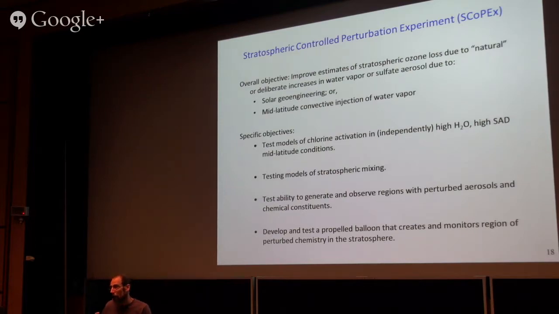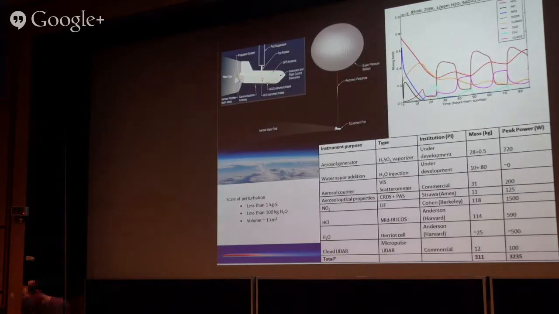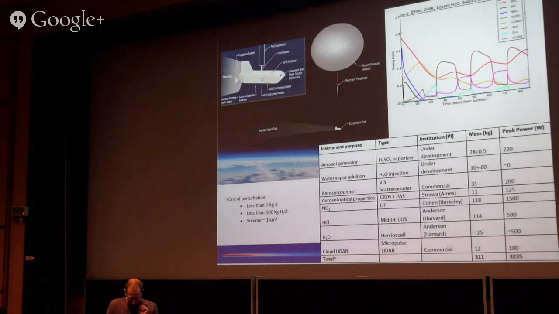A small chunk of stratospheric air. This gives you a sense of what the experimental science is, and it's moving rapidly. The key thing is the stratospheric science community has for a long time used aircraft. With aircraft, you get lots of sampling, very long flights, and you can look at the covariance of a bunch of the chemical parameters of the stratosphere, and that's taught us a huge amount about the chemistry of the stratosphere. But once you start thinking you want a small perturbation that you want to see,